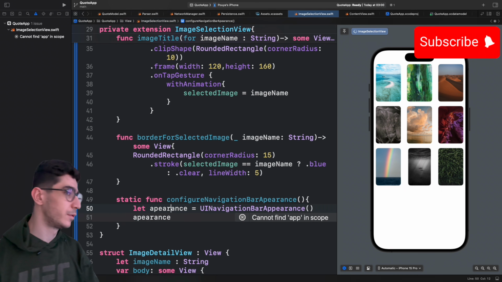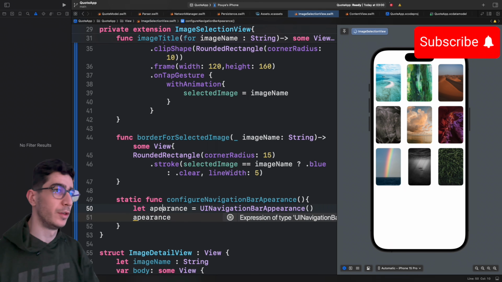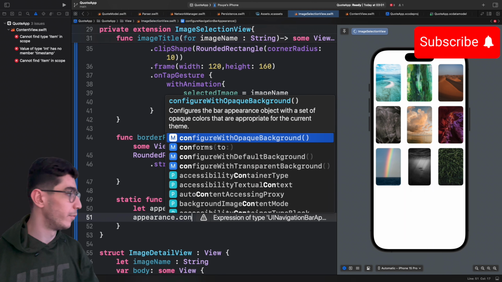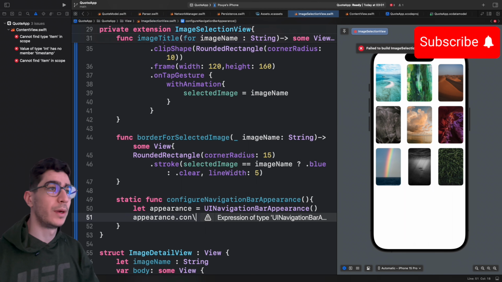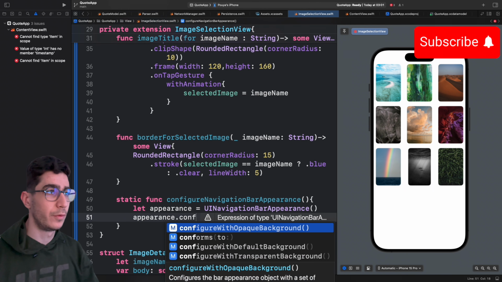Let me just clear this up. appearance.configureWithOpaqueBackground, configure with opaque background here, yep, and appearance